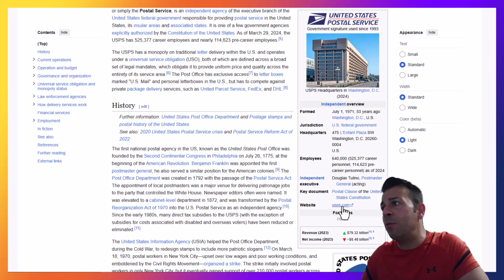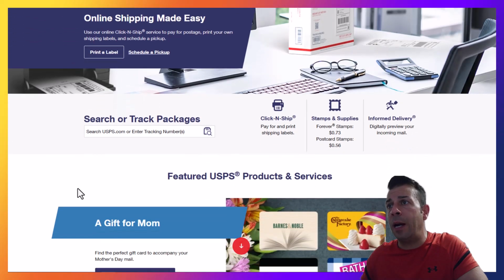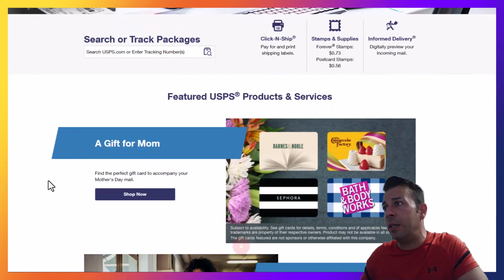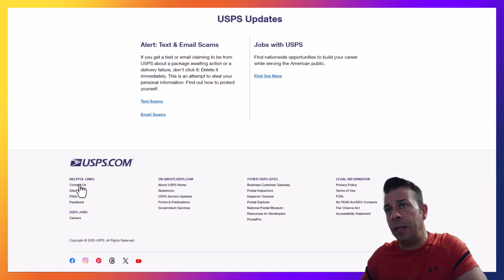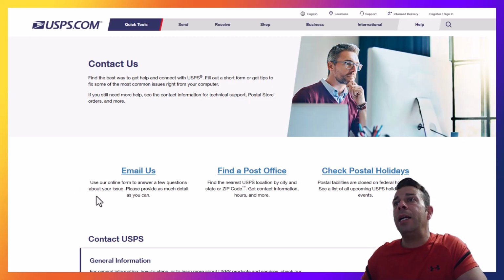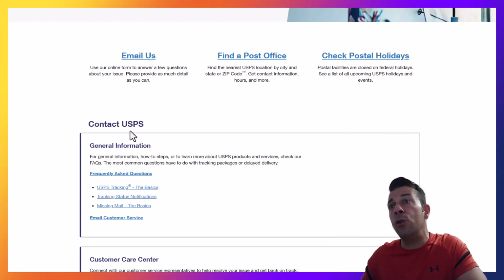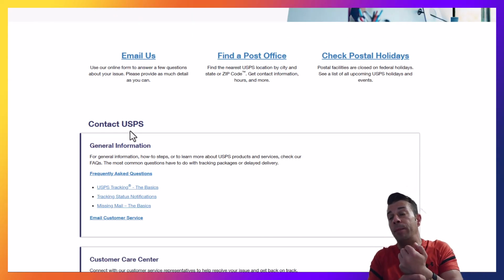Sometimes you get a direct email, but it tells you a little bit of information, so you want to read what they're telling you in there to find a direct contact. Then you scroll all the way down in here and you've got a contact us. These are legit because it's actually the manufacturer, and in here you could email them or usually call them. I would prefer calling people because